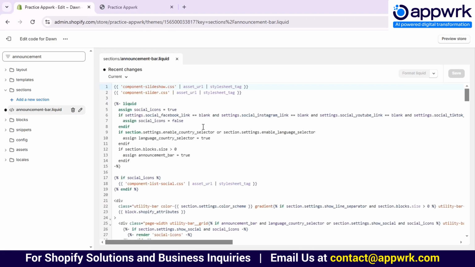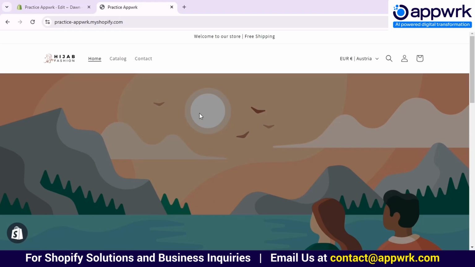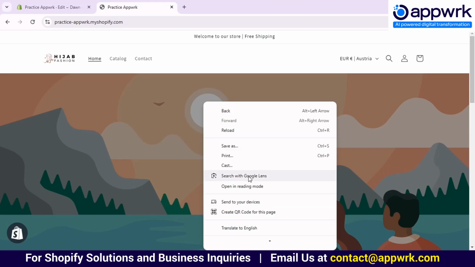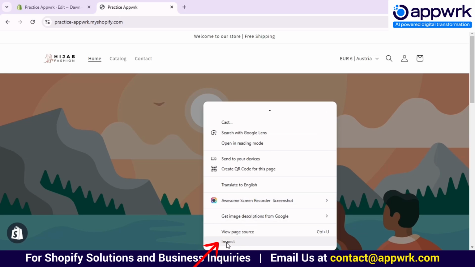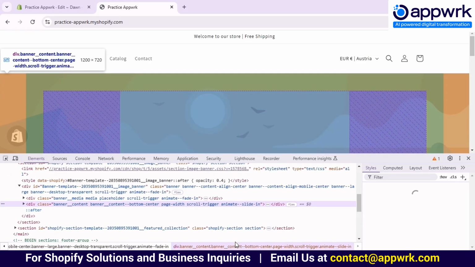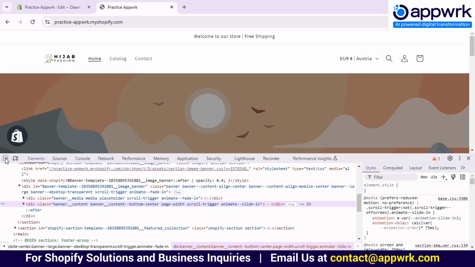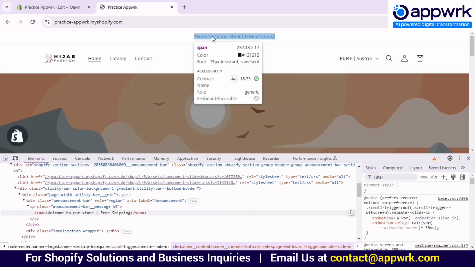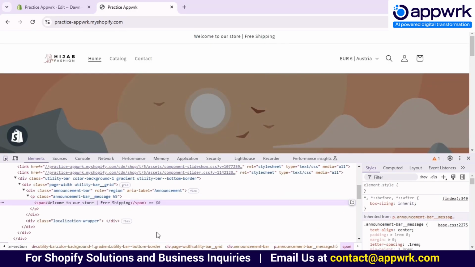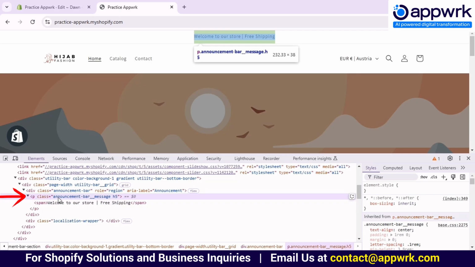Next, you need to determine where to add the scrolling code. So go to the front end and inspect the page by right-clicking your mouse and then clicking on the inspect option here. Now use this selector tool and click on the text here. As you can see, the text is inside a span tag which is wrapped by a p tag with the class announcement-bar__message. So you need to copy this